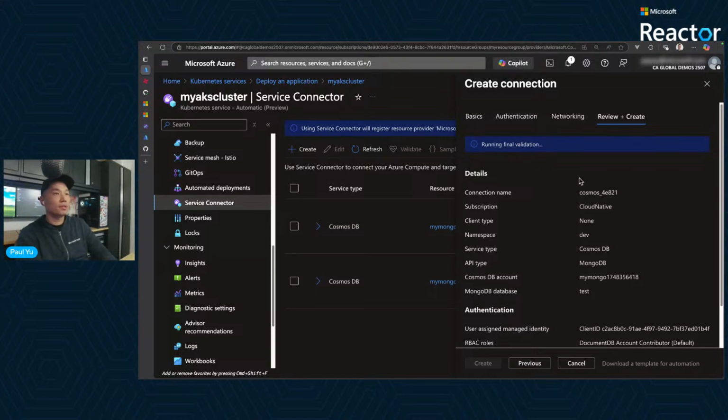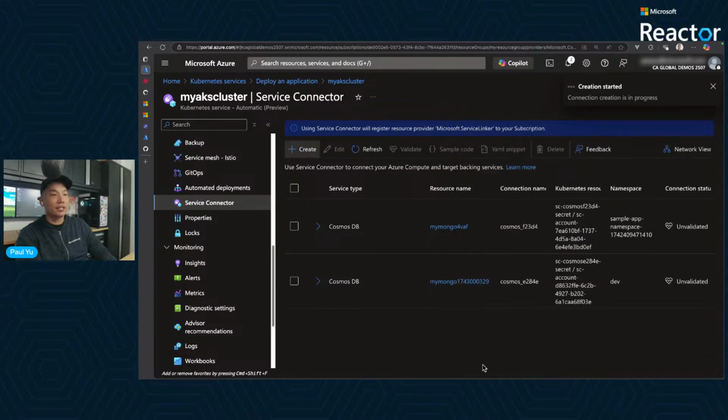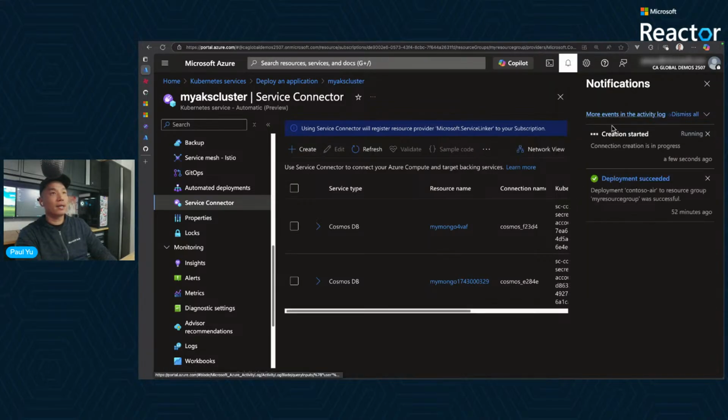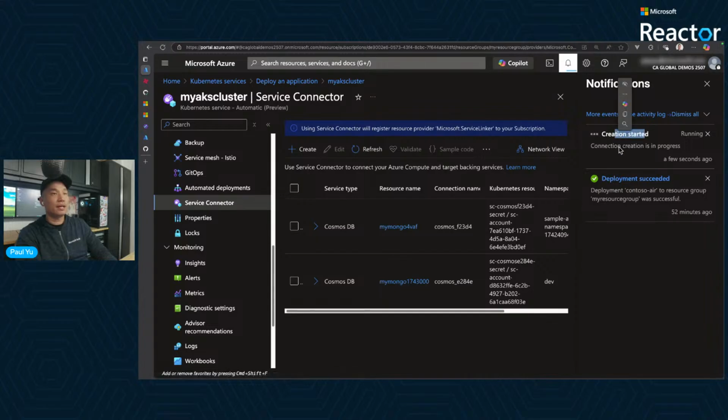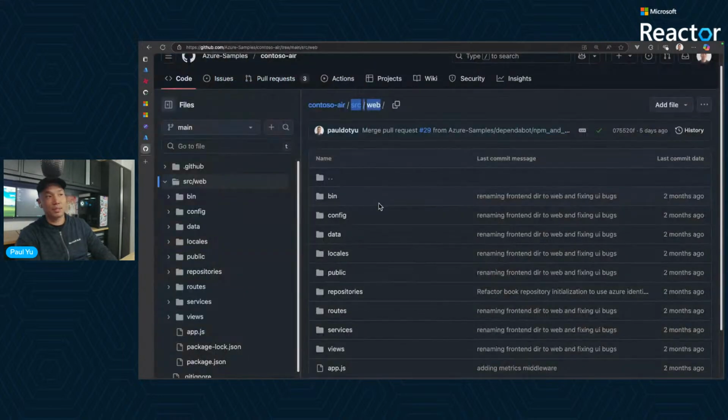So boom, boom, boom, boom. Got to wait for this. Okay, validation passed. And then I can just go ahead and click create. And then you can see here up in my bell icon that the service connector is creating. Okay, so what we will do is we'll wait for that because that takes a little while. Let's take a look at the source code because I want to show you